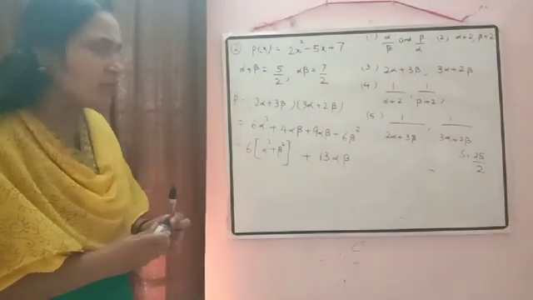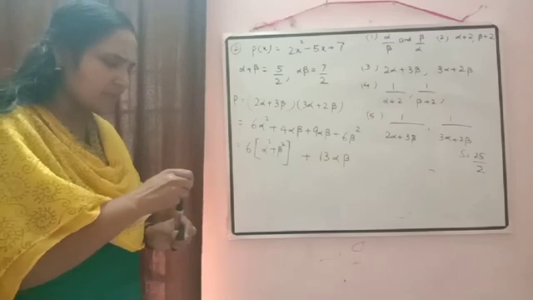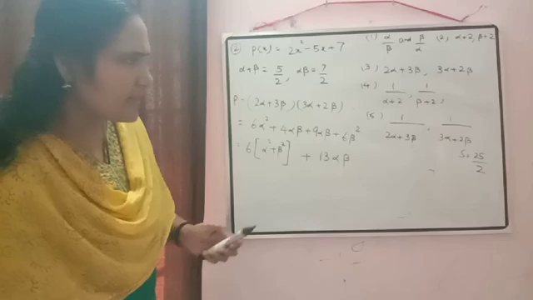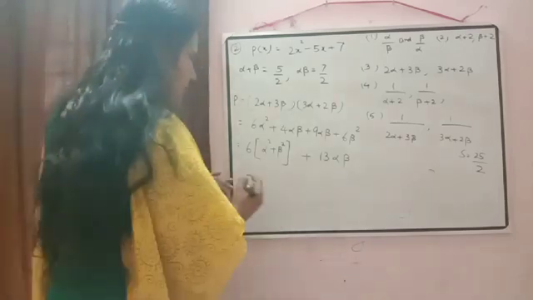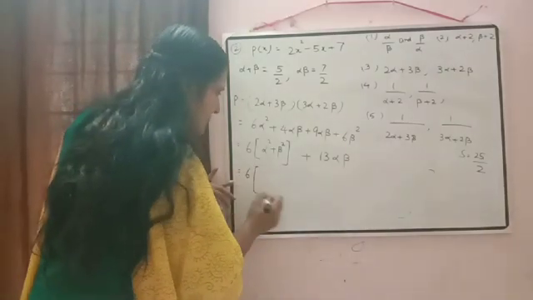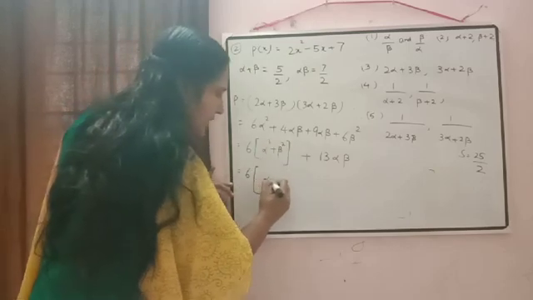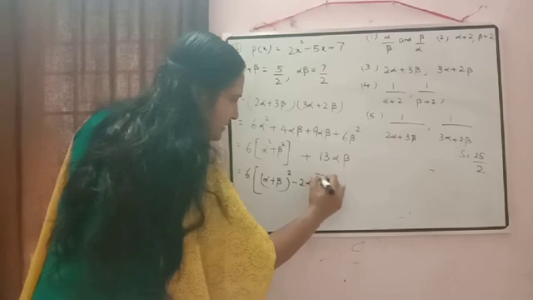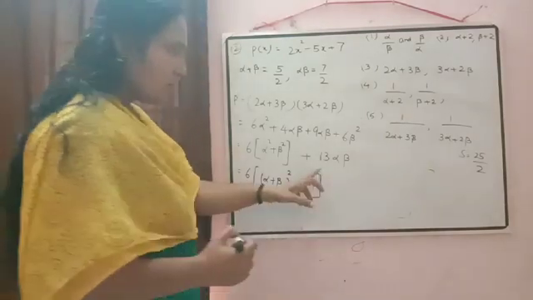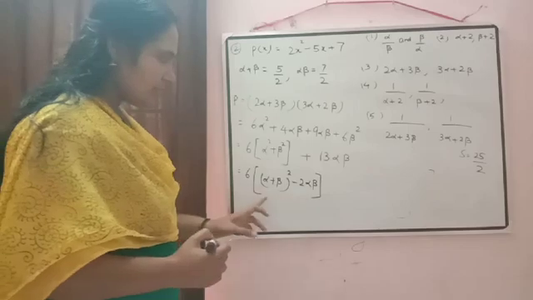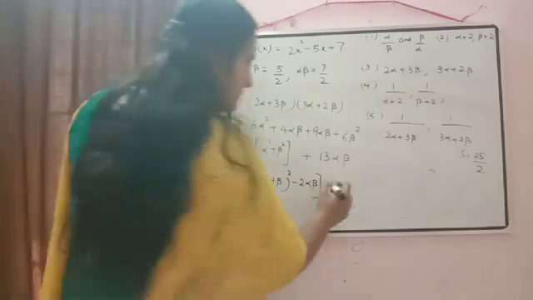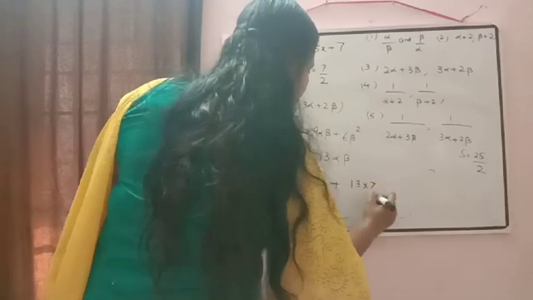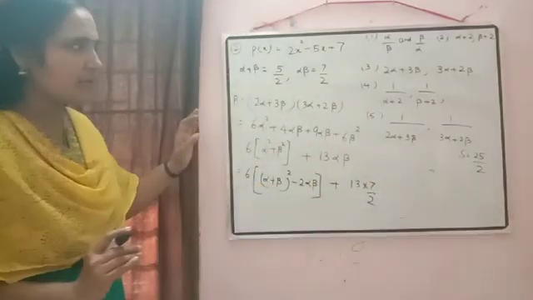Now just to check, do we know the value of alpha square plus beta square? In the previous question we have calculated it, but at present I don't have the value, so I will calculate it one more time. 6 into alpha square plus beta square can be written as alpha plus beta the whole square minus 2 alpha beta. Just close the bracket here because the whole expression is multiplied by 6, plus 13 alpha beta. That value we know. Alpha beta is 7 by 2. So substitute the value there.